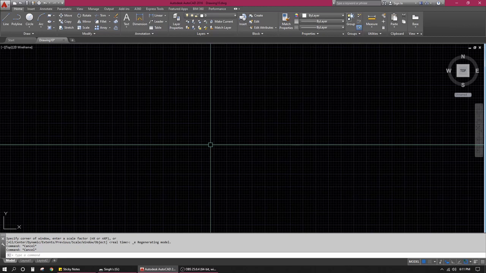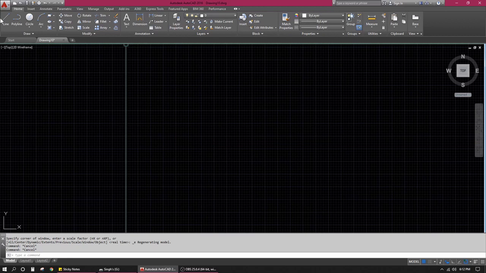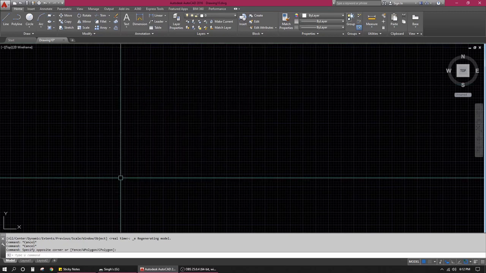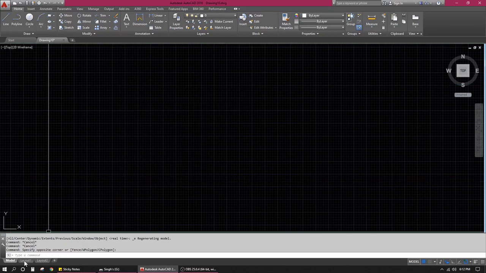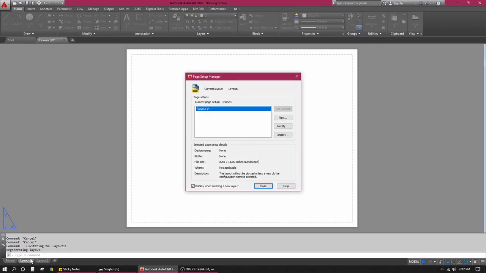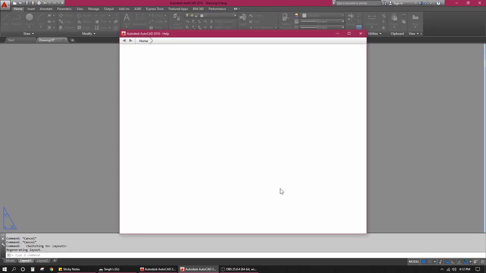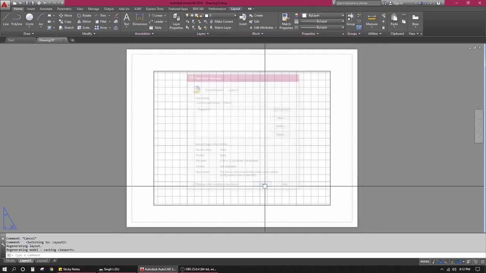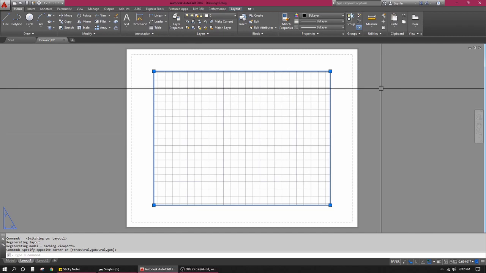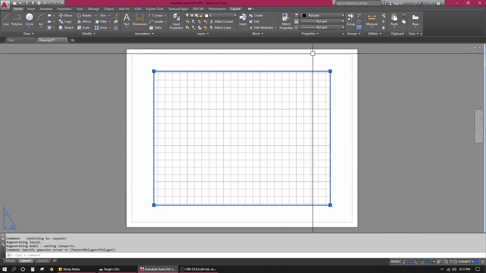Right now, this was a demo, but once you join the class, I'll be talking about everything, all the tools that you see from here to here. And also I'll be talking about how you make layers and how to work in layers and how to use the layout tab. The most important thing is how to use the layout tab. What the layout tab does is that it creates a sheet for you. It creates a template sheet for you, right?